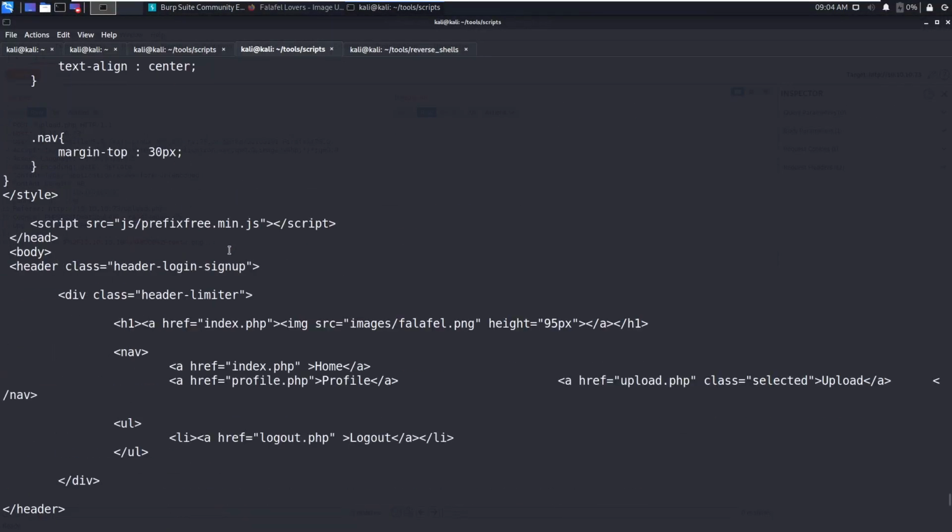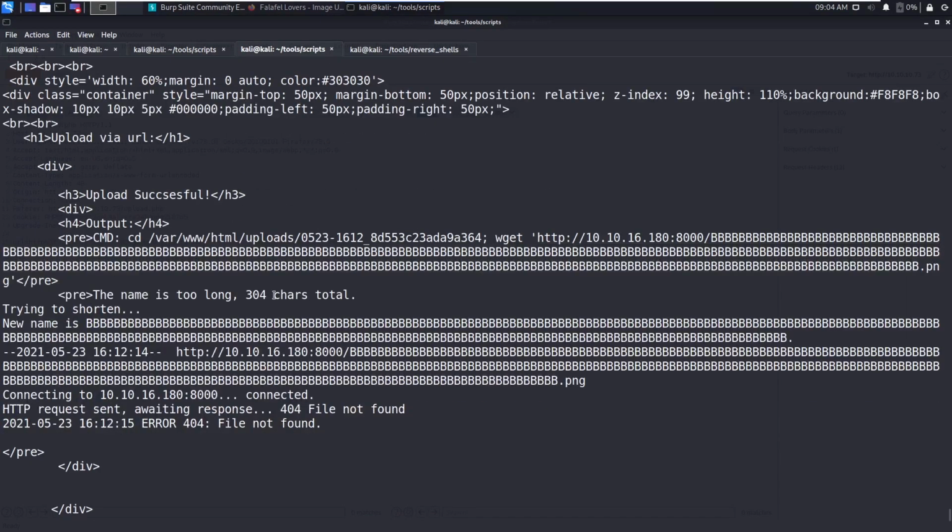File name too long. What the hell is that? So okay, the file name is too long, 304 characters. So it is trying to shorten. So shorten to this one.